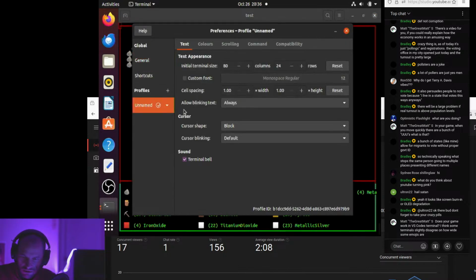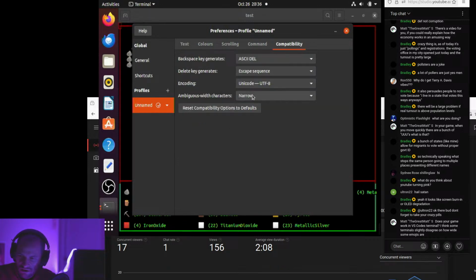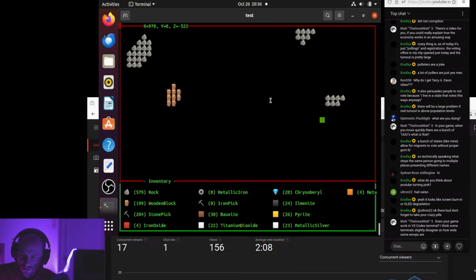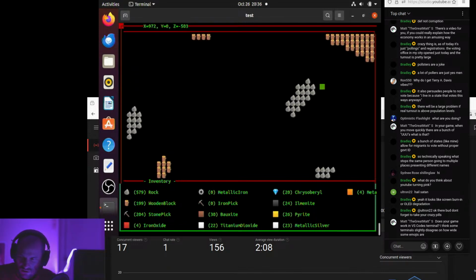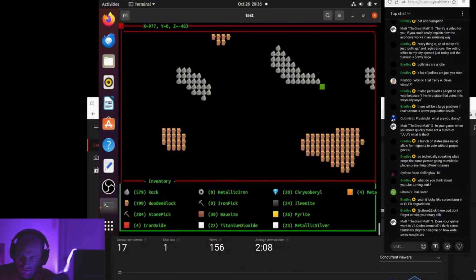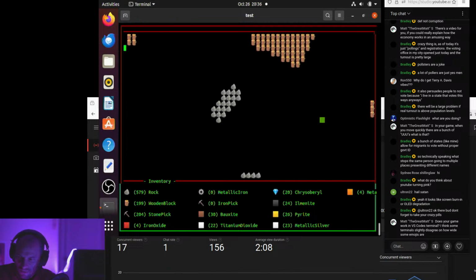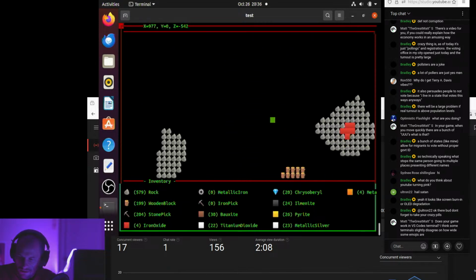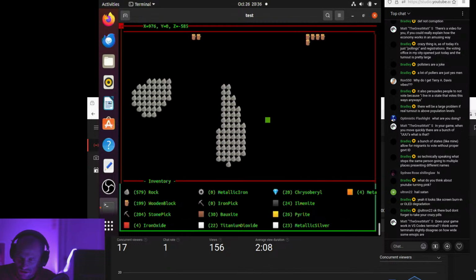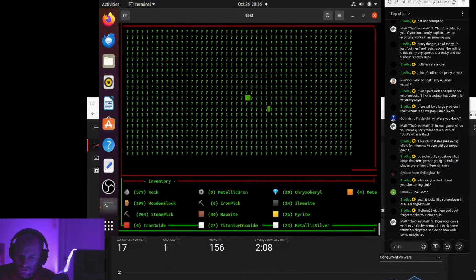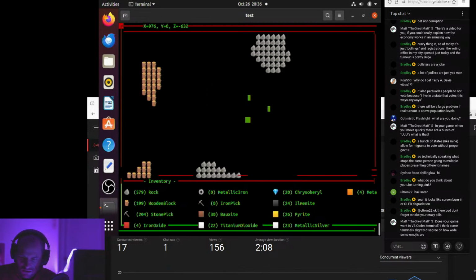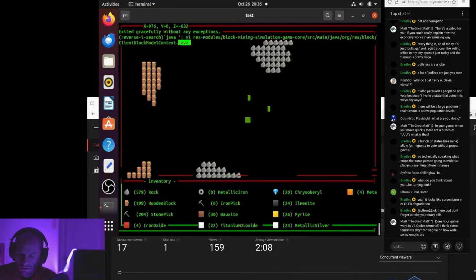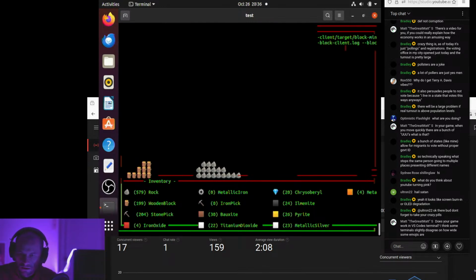Actually, let's test this right now. So compatibility. If I do wide, now this is going to break everything. If I go around, yeah, see the UI's getting messed up. Actually, it's not too broken, but anytime you draw the frame, it's getting all messed up because those characters are wider. Now, if I restart it,